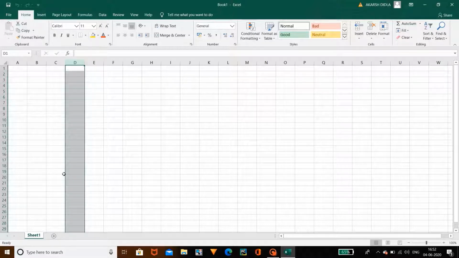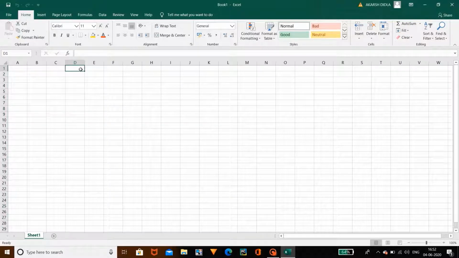As you can see on the screen, there are many boxes. These boxes are called cells. As you can see here, this is called D1. D1 means D is the column and 1 is the row. Why I mention row and column: as you can see here, D is highlighted, that means downwards highlighted. As we move downwards, it is the row, and as we move sidewards, it is the column. I will explain it clearly. That means you can move downward by clicking the down arrow and upwards by clicking the up arrow.